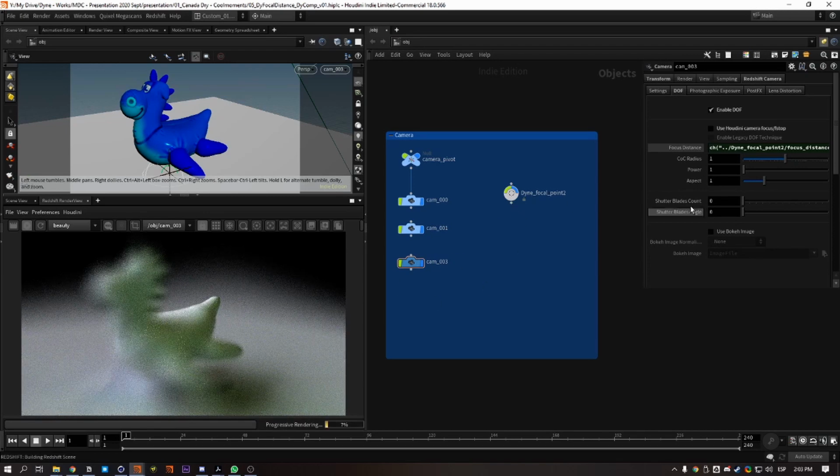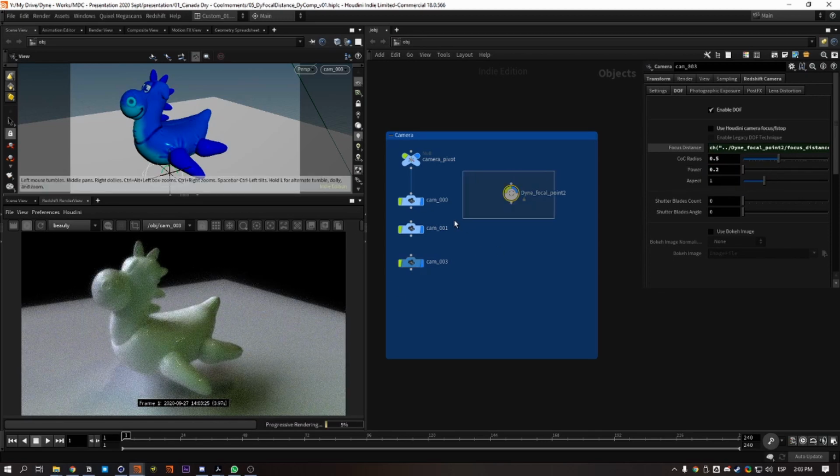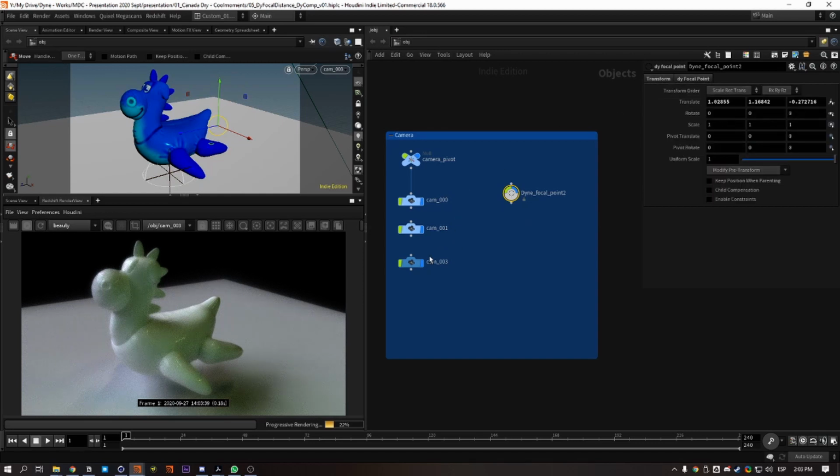Okay, so it has a lot of depth of field. And in your viewport you have the focal point object. You can move it wherever you want. And yeah, this is one method. The other method you have is, if you want to use the